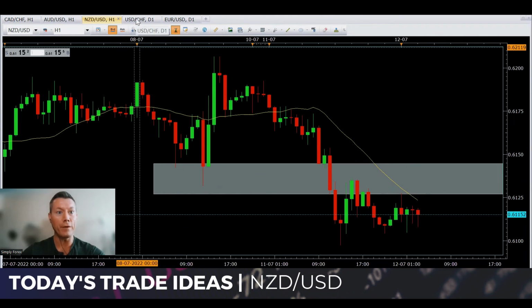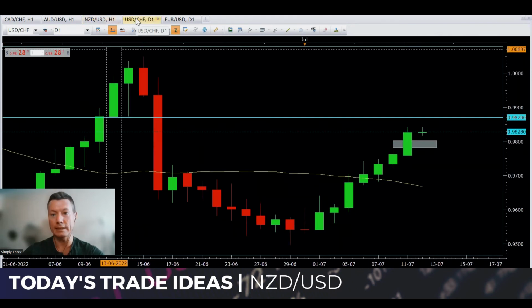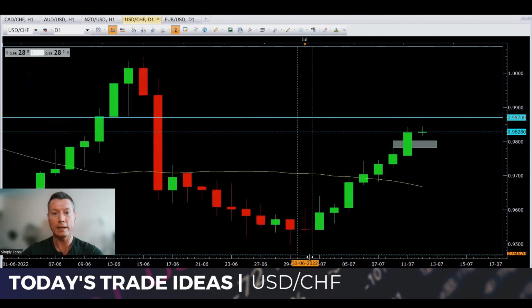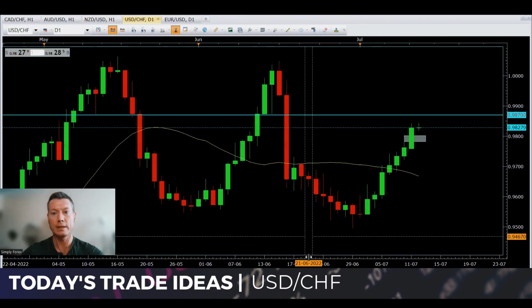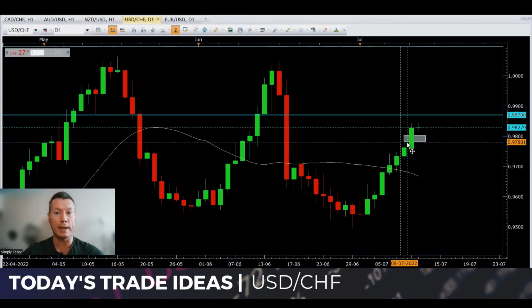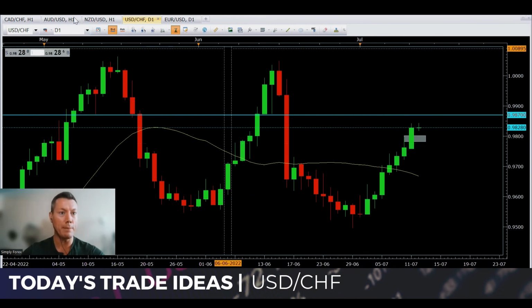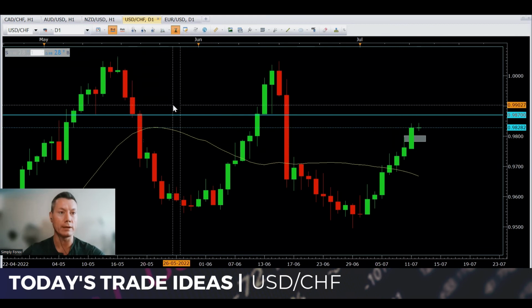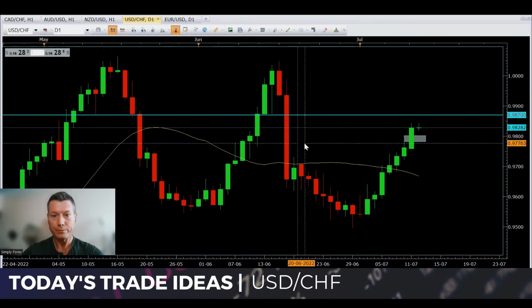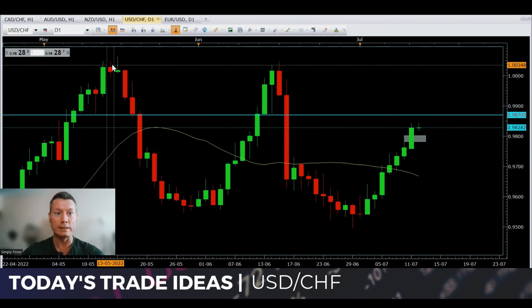The fourth and final pair for today is this. This is the US dollar against the Swiss franc, and we are looking to buy this pair because of US dollar strength. Remember, guys, the last three pairs are all correlated, so trade the one that gives you the best setup. But guys, we are looking to buy this market for this reason, really.